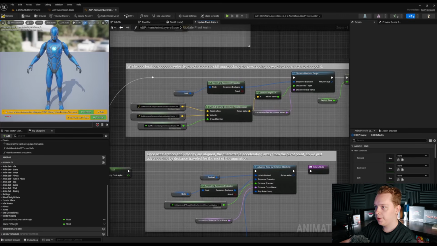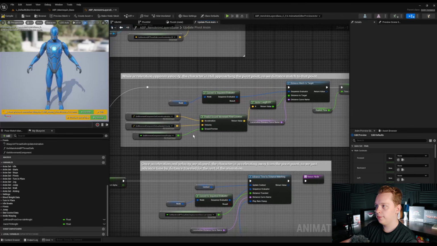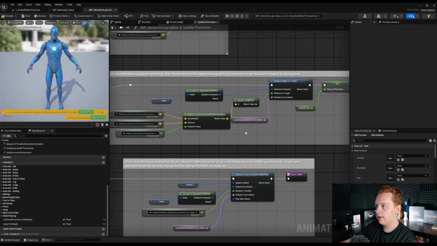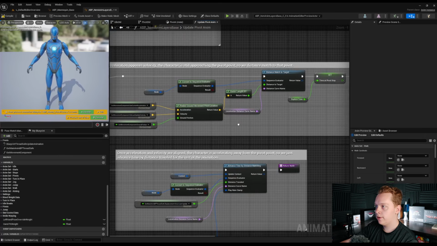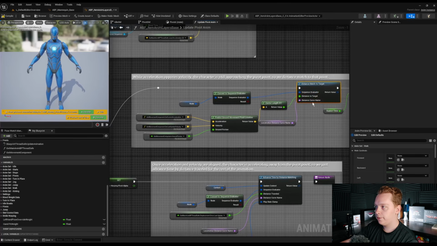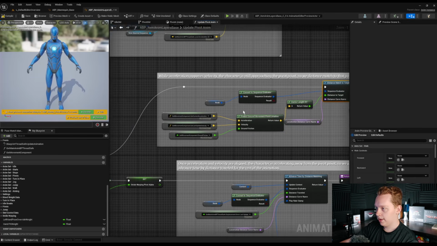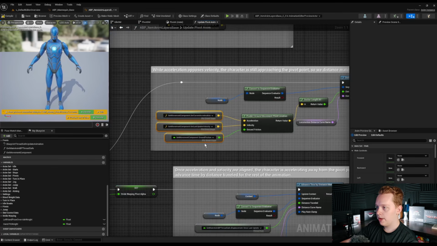So, while acceleration opposes velocity, the character is still approaching the pivot point, so we distance match to that point. We use a distance match to target node just as we do in the stop updates function, and the input for distance to target is the result of this predict ground movement pivot location function, which is built into the same Locomotion library plugin that allows you to use the distance matching functions as well. It takes in values from the character movement component,